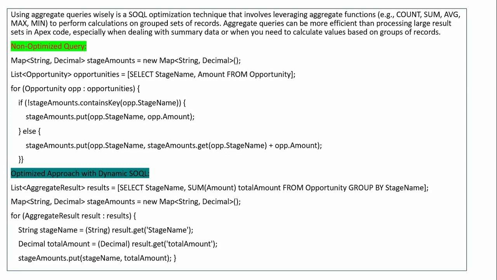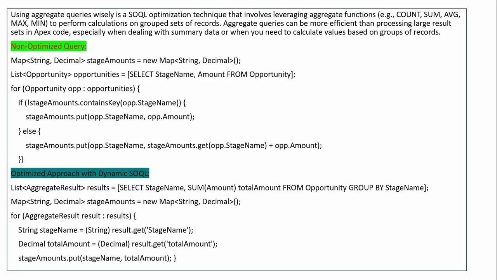Optimized approach with aggregate query. Using an aggregate query, you can calculate the total amount for each stage directly in the query. List<AggregateResult> results = [SELECT StageName, SUM(Amount) totalAmount FROM Opportunity GROUP BY StageName]; Map<String, Decimal> stageAmounts = new Map<String, Decimal>(); for (AggregateResult result : results) { String stageName = (String) result.get('StageName'); Decimal totalAmount = (Decimal) result.get('totalAmount'); stageAmounts.put(stageName, totalAmount); }